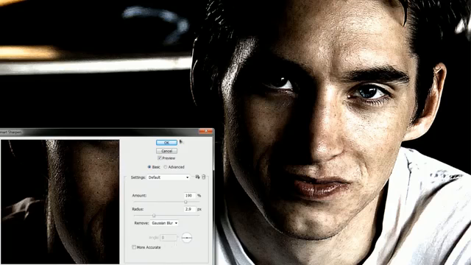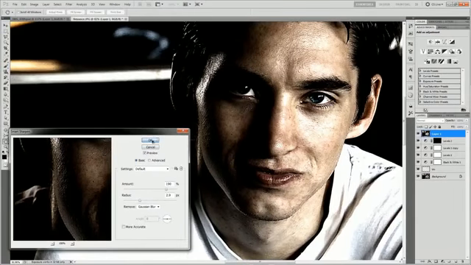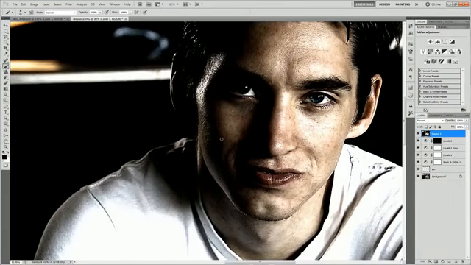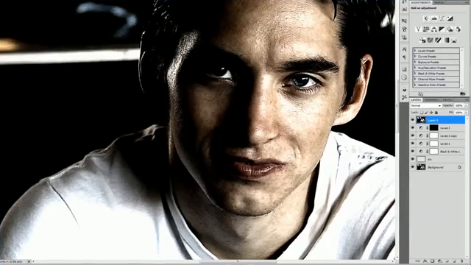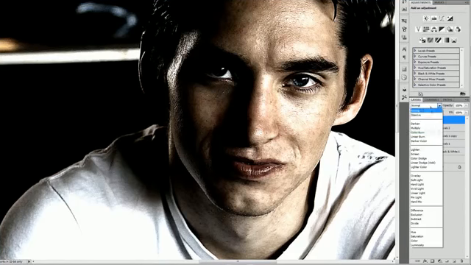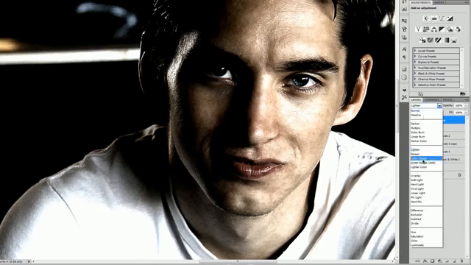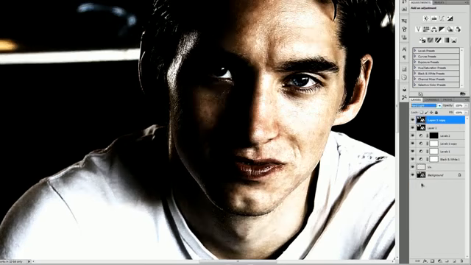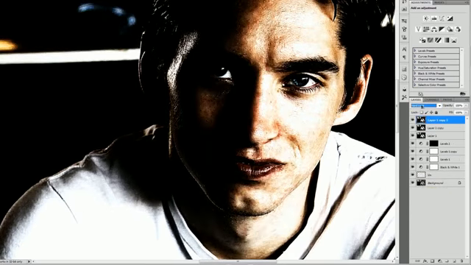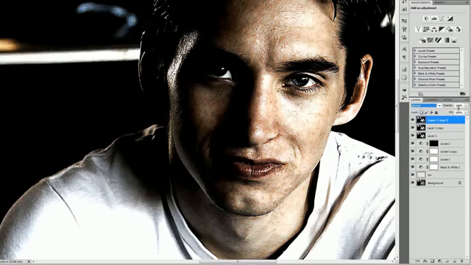So we'll turn that off, and then we'll just go ahead and hit OK, call that good. And what we'll do with this is change the blend mode of this layer to lighten, and then we'll duplicate that layer by hitting Control J or Command J, change the blend mode of that layer to hard light right there, and then we'll duplicate that layer again and change the blend mode back to normal and change the opacity